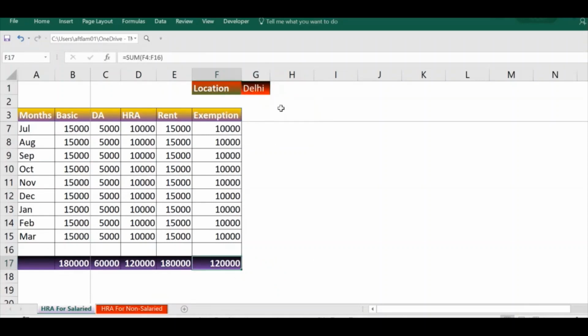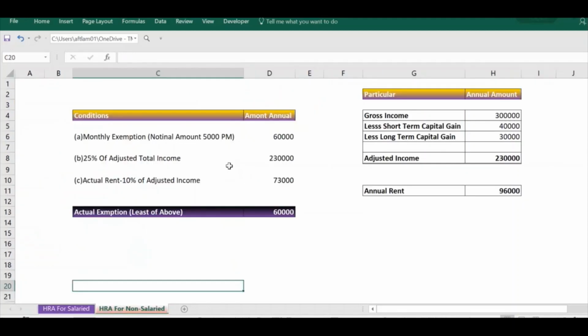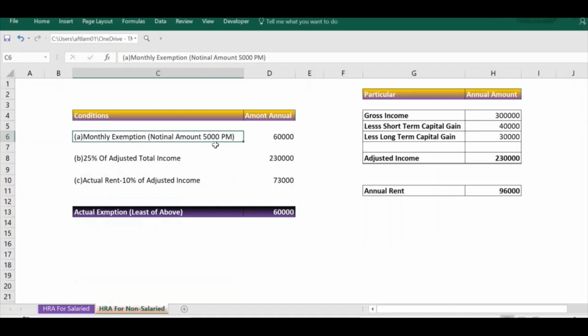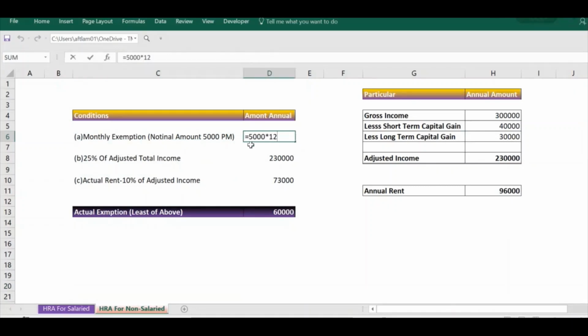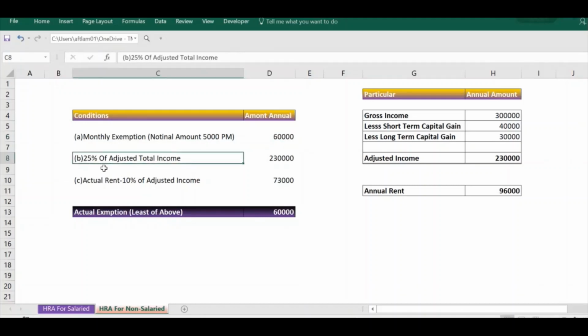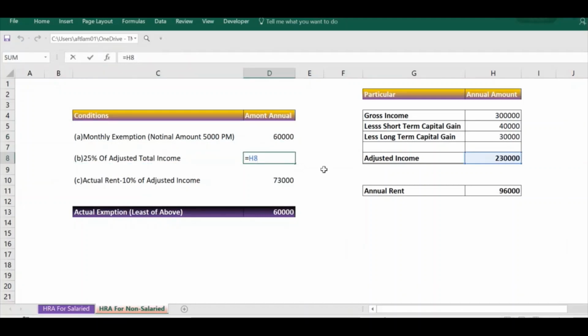In the same way, I have described the calculation for a non-salaried person. Here you can see the first condition is a notional amount of rupees 5,000 per month, that is 60,000 annually. Then the second condition is 25% of adjusted total income. Here you can see how I have figured out the adjusted income.